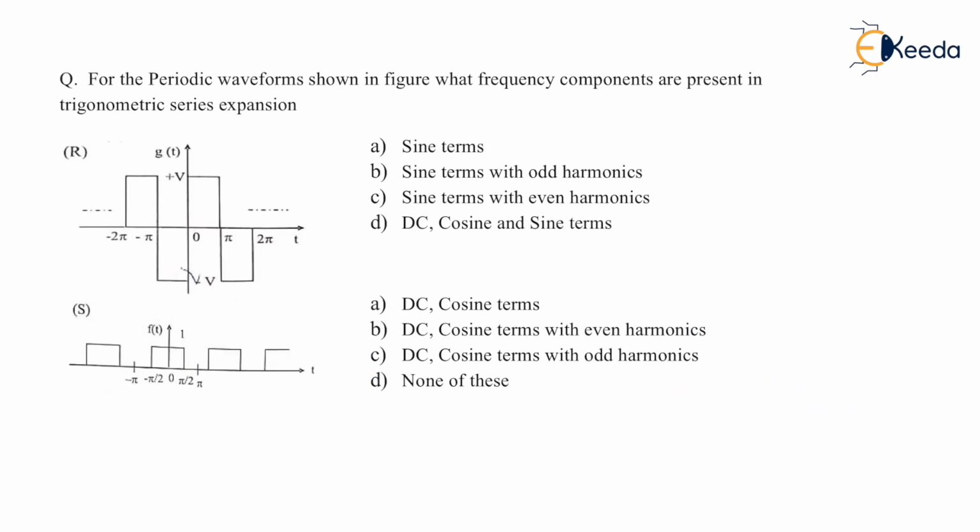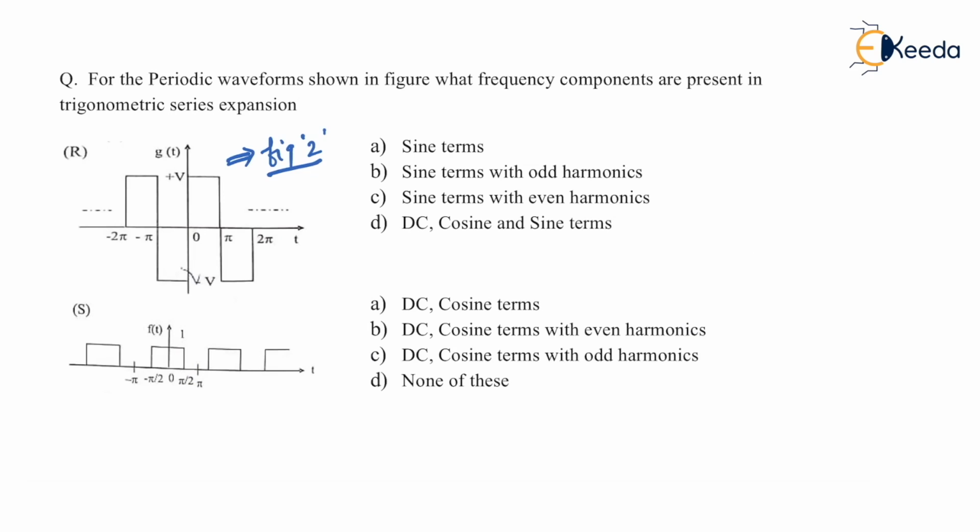Again, the question statement is the same. For a periodic signal shown in the figure, what frequency components are present in its trigonometric series expression? That is Fourier series expression. Let us see. Observe carefully. I keep on saying that you have to be very sure about the previous two video lectures before you start with this. There we have gone for figure 1 and figure 2. Now observe the figure over here and try to identify whether it is figure 1 or figure 2. So of course it is figure 2.